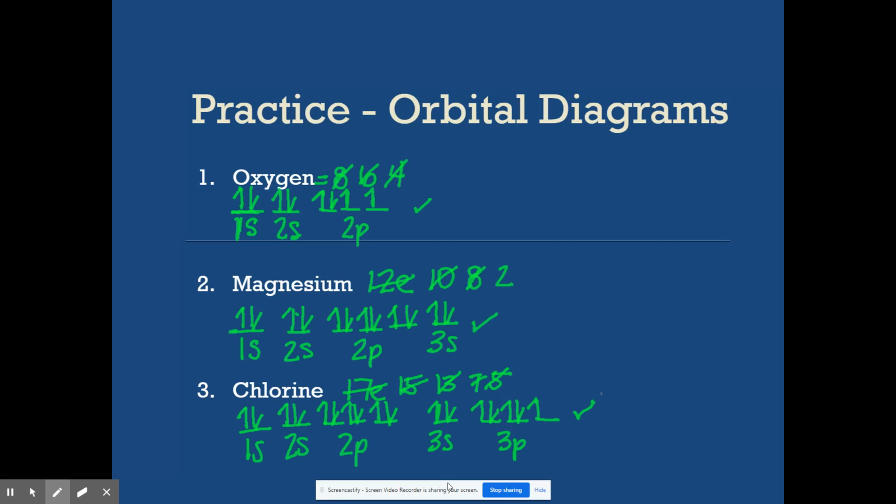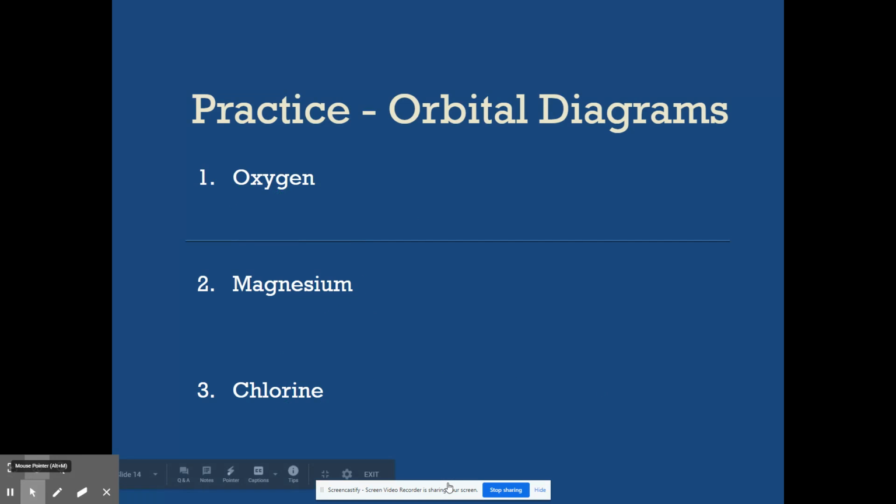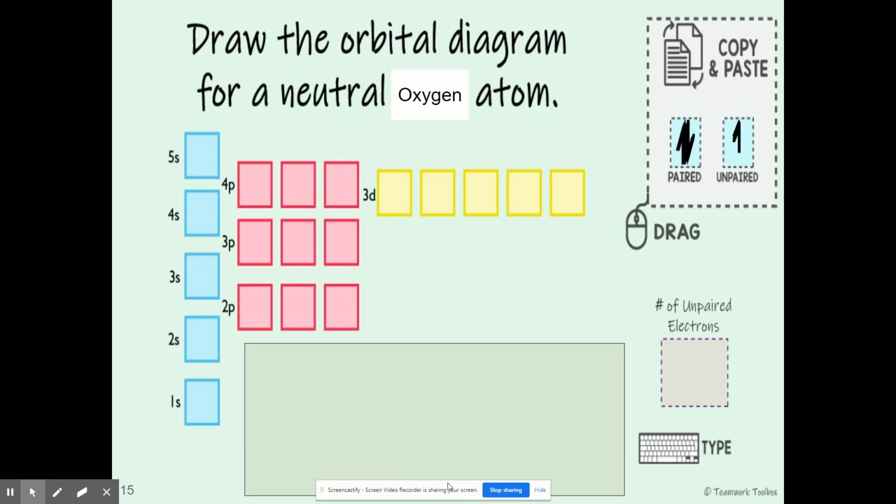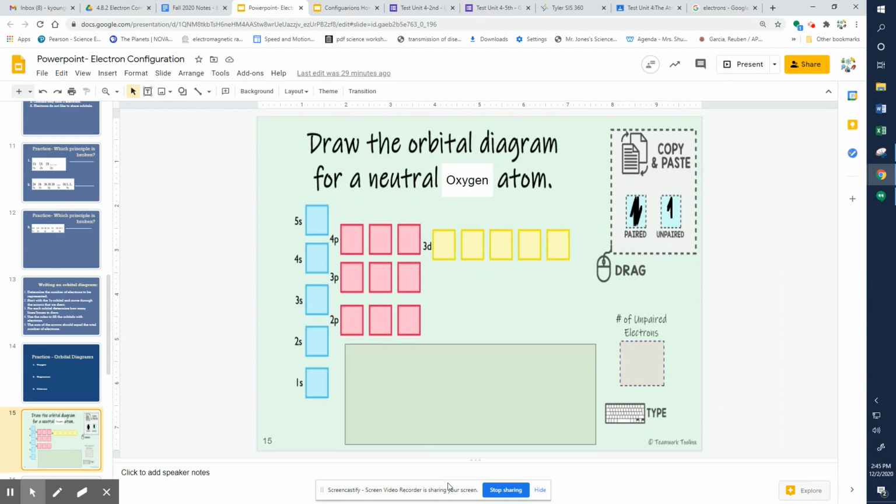Now these look a little different, so you should have written all of that down. These look a little different on the computer because we're virtual. They look like this, okay? And I'm going to get out of present mode now so I can show you how you would do this